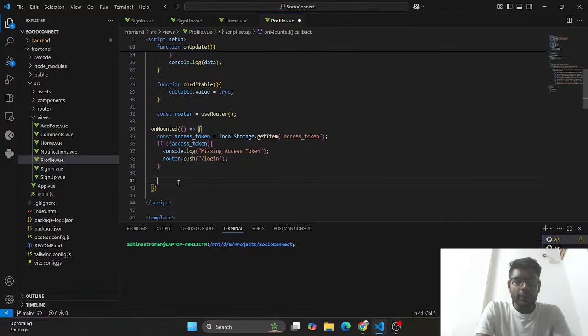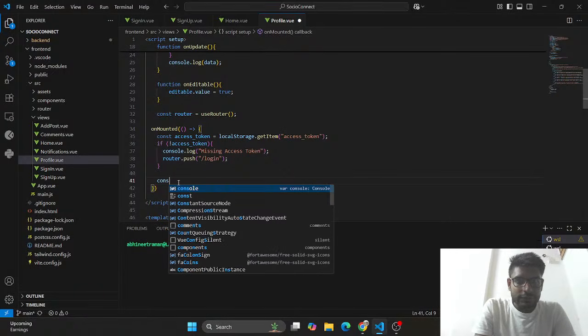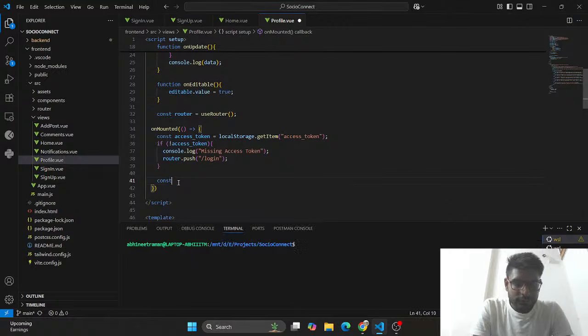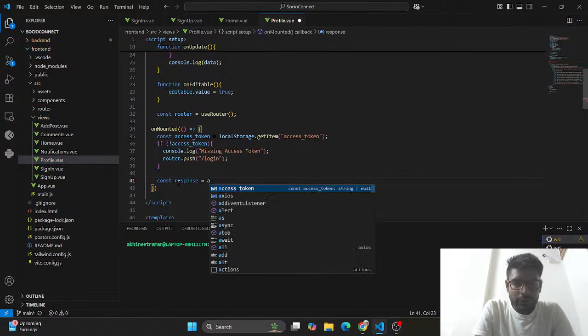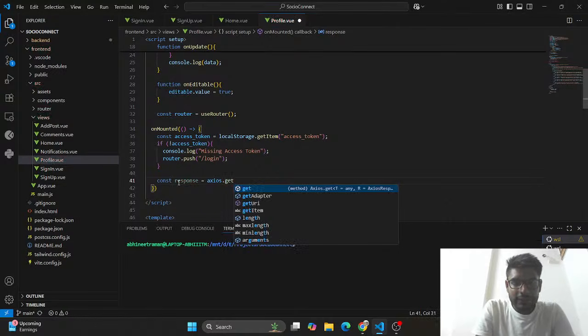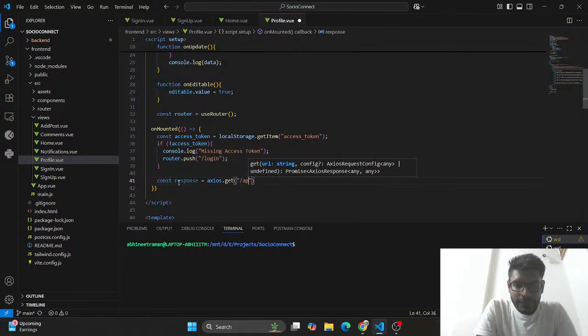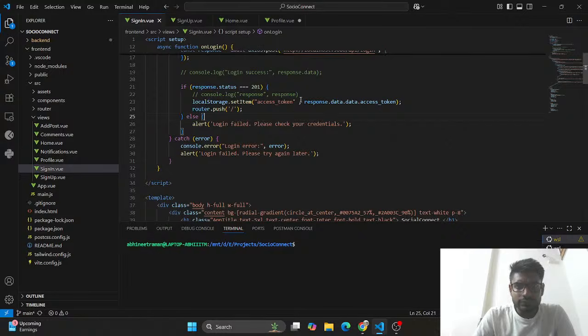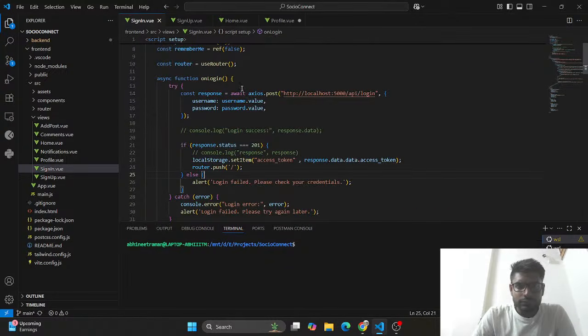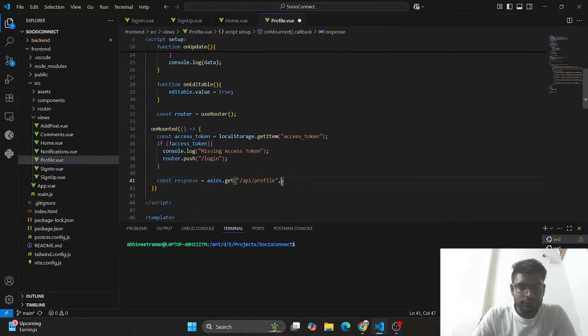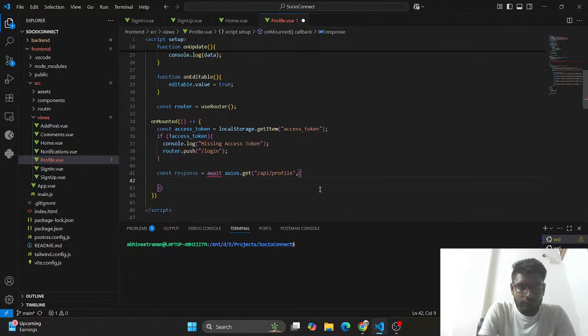Now what we will do, we'll write const response equals to axios.get slash API slash profile, comma, headers equals to,